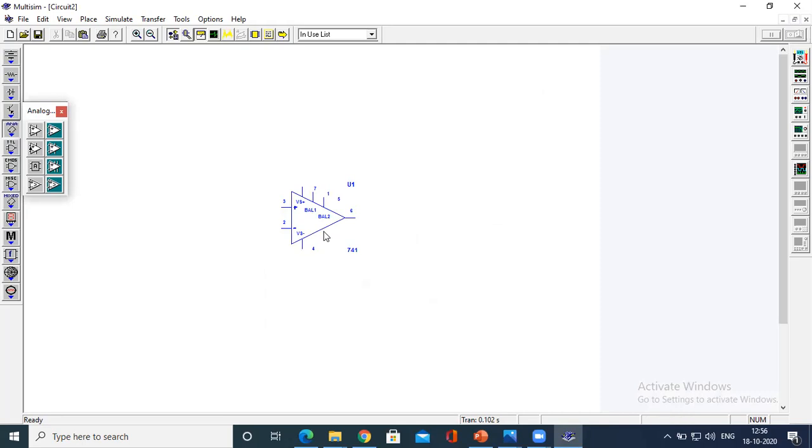You could see the components of an op-amp here. If it is visible, just see this terminal is 7. Okay, there is some problem with the software over here. This is 7. This is 1. This is 5. Fine. This is 6. Got it? There is some misunderstanding with respect to the diagram. This is 7. This is 1. This is 5. This is 4. This is 3. This is 2. Fine. So coming back to the circuit.